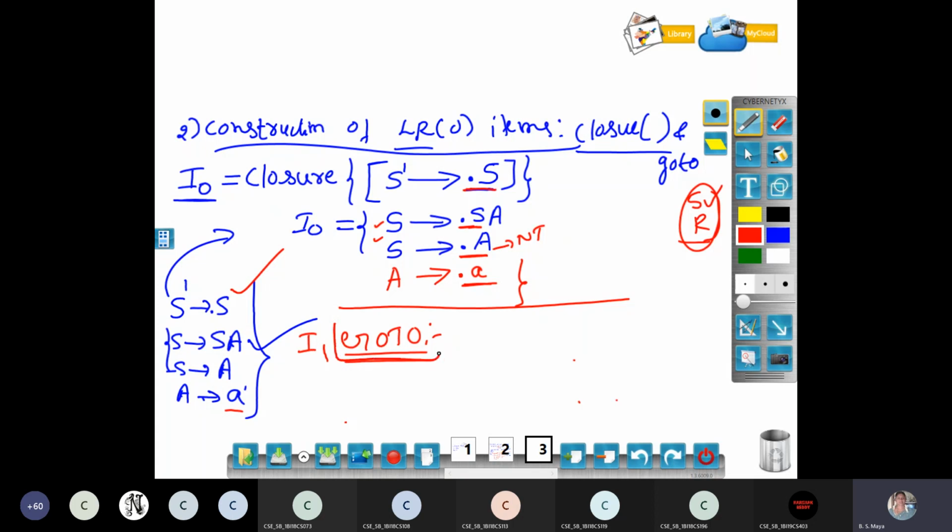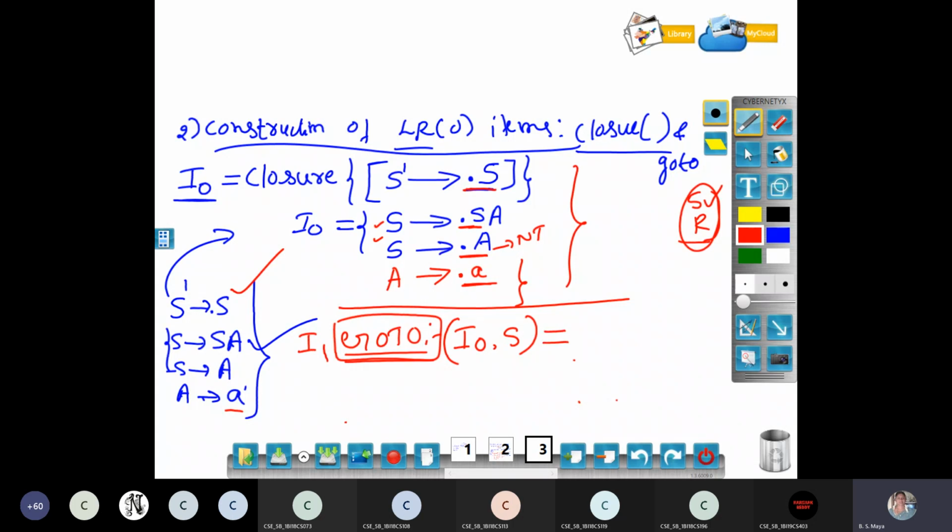For that we are applying the goto function. Only the first time I apply closure, then I have to apply the goto function to find my set of items. How to find the set of items? I am in the I naught state, at the beginning. After the dot, what is there? I will tell you three times, don't worry, just check it out.